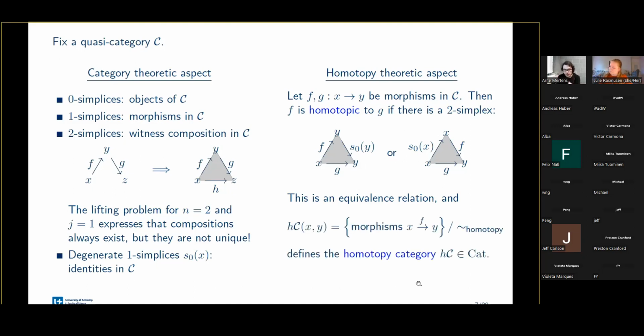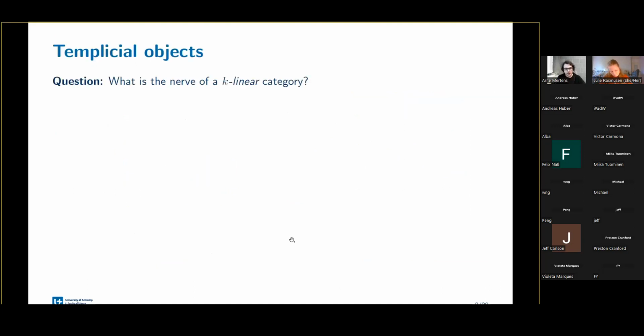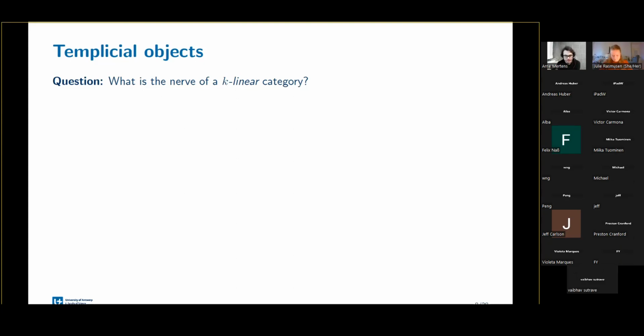So given a quasi-category, you can take its homotopy category, which is an actual category, and it's precisely done by modding out this notion of homotopy to get your hom sets here. Yeah, so that's sort of the general gist. And we want to be able to do the same thing, but in the enriched context. So instead of starting with an ordinary category, we can start with an enriched category. Let's keep it simple. Let's start with a k-linear category.